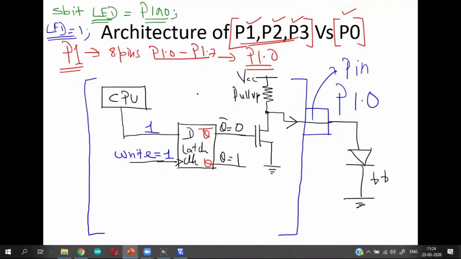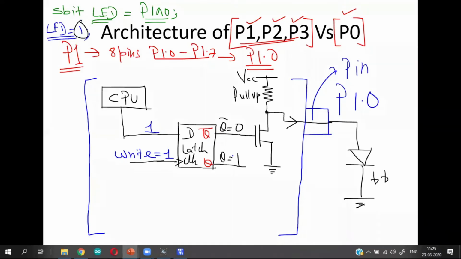Now let us understand how this basically works. When I put LED equal to 1, the microcontroller understands that you are trying to write a value. So it immediately puts the clock input as a 1. And it also puts the value you are trying to write, in this case a value of 1.